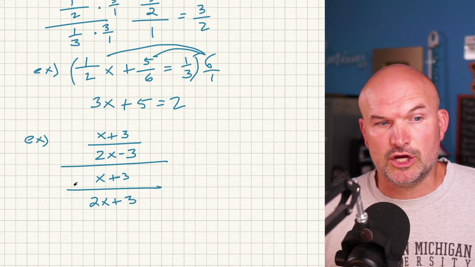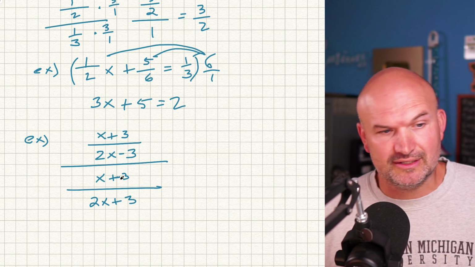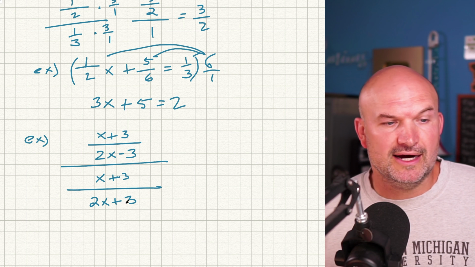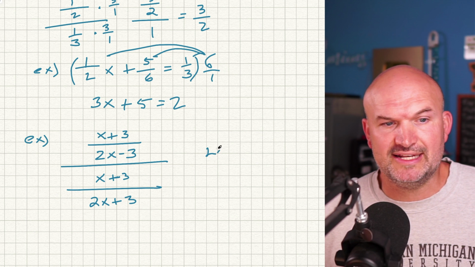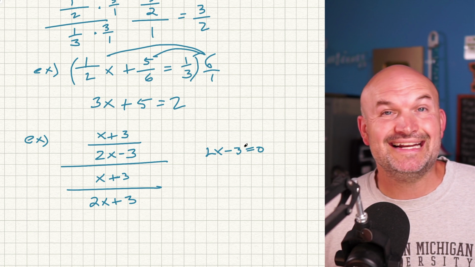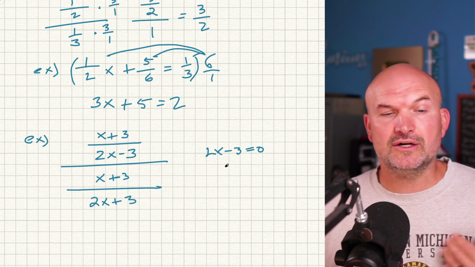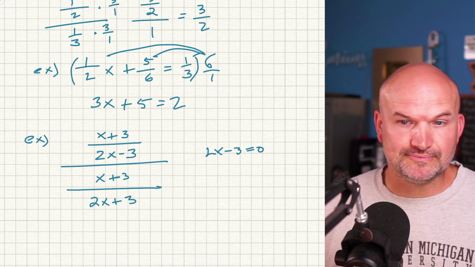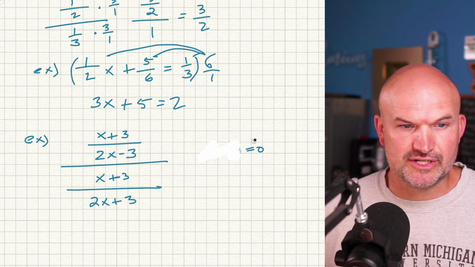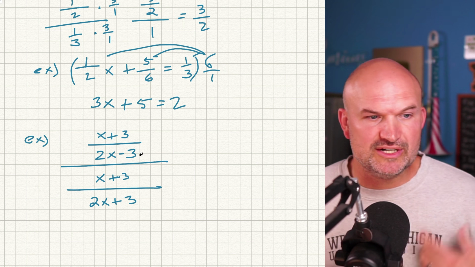But again, that's in this larger denominator. So it cannot equal -3. It could also not equal -3/2 or +3/2. Basically, all you're doing is taking every denominator and setting it equal to 0. Those are the values that make your denominator equal to 0, which are going to be restricted, okay? But this first example, I'm just going to hold off on that because I want you to see this